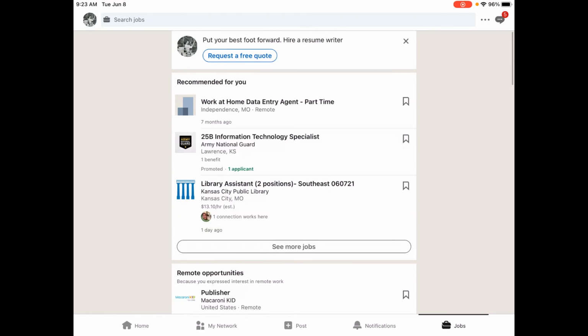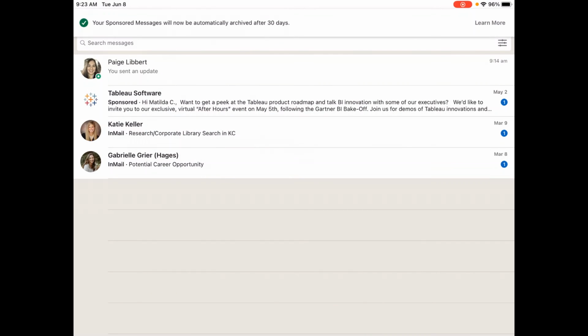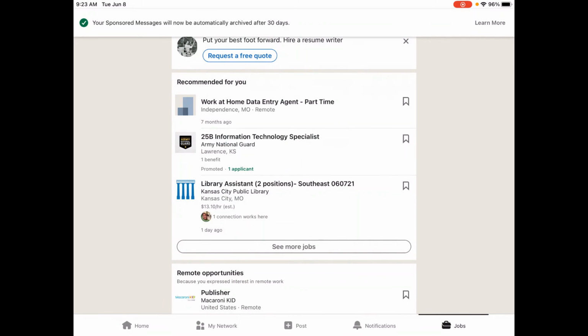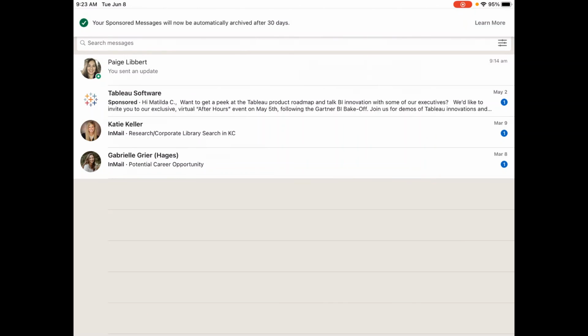And then the last thing I want to point out is up here in the very top right corner, and it only pops up in certain areas, but it is messaging. So right now we have some sponsored messages in here that are just going to poof away. But there are some other ones. You can see I just sent this one to myself, so I sent an update to myself. But we have a sponsored message from Tableau Software, and then there's a couple of in-mail things, which are